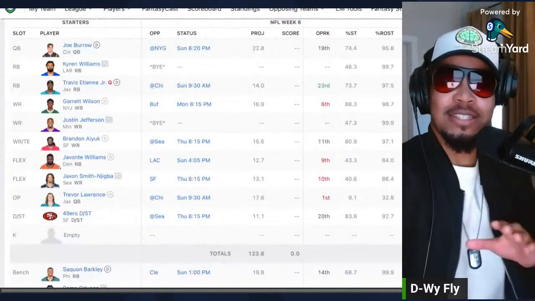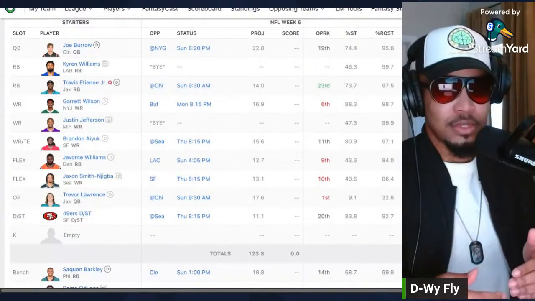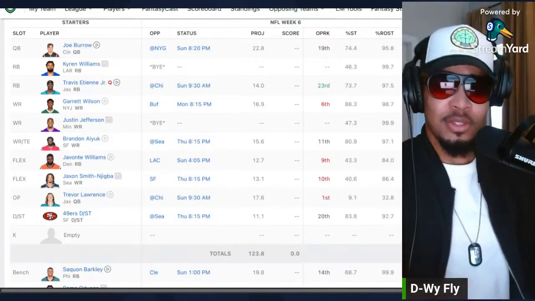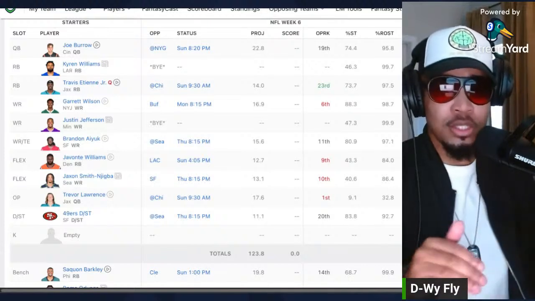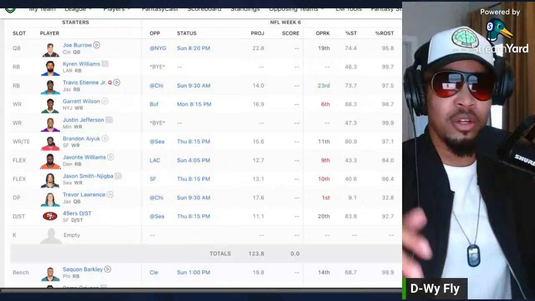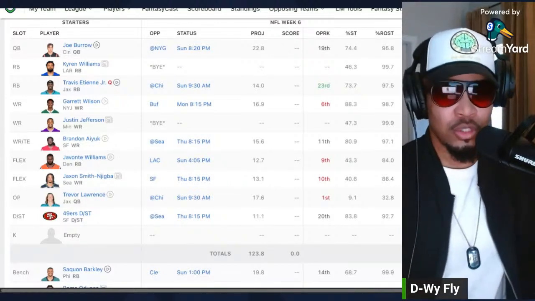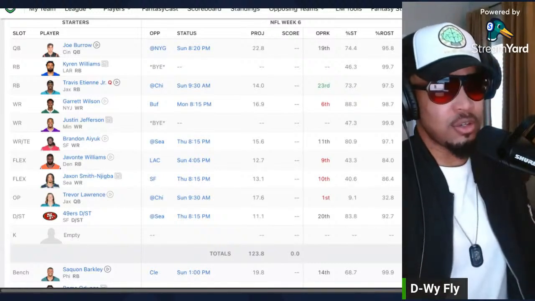Look, when I say know your league mates, this is one of the most conservative players that I've ever seen. He'll hold on to players forever and ever, right? He doesn't tinker with his lineup. He's going to ride the wave, whether it's something you can surf on or something you can just get a little boogie board on. Whatever size wave it is, he's not going to do a lot of tinkering.